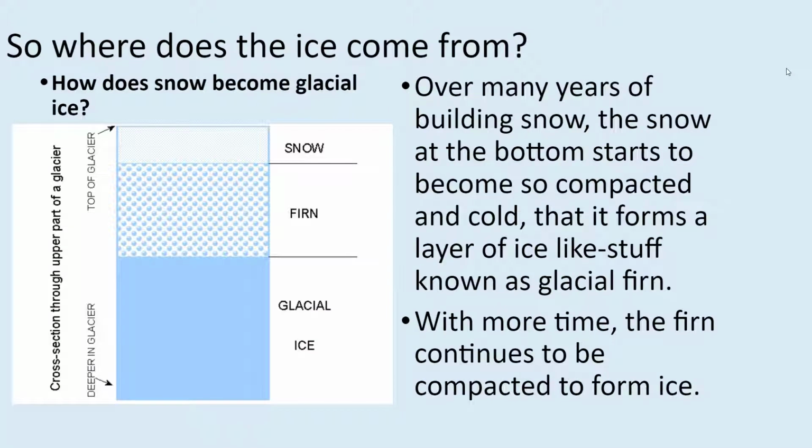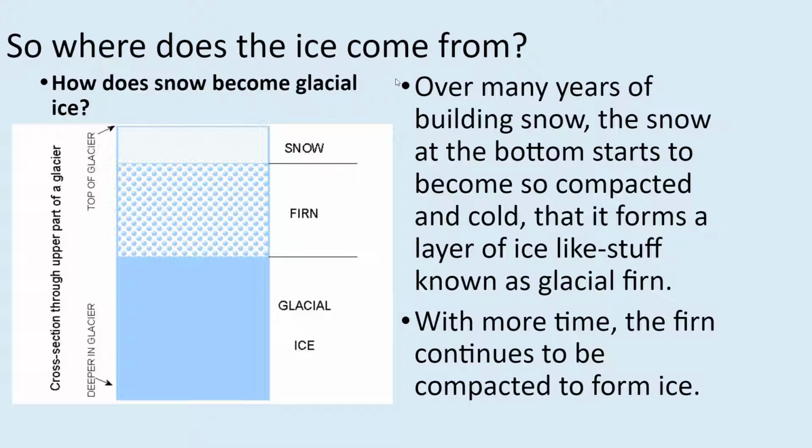All right, so where does the ice come from? Because like I said, glaciers start out as snow. It's not like raining ice from the sky in order to make a glacier. It's snow. Now, they talked about this in the video. They talked about the fact that you have snow. Given time, it starts to compress. Given more time, it compresses eventually into ice. So let's kind of talk about those processes.